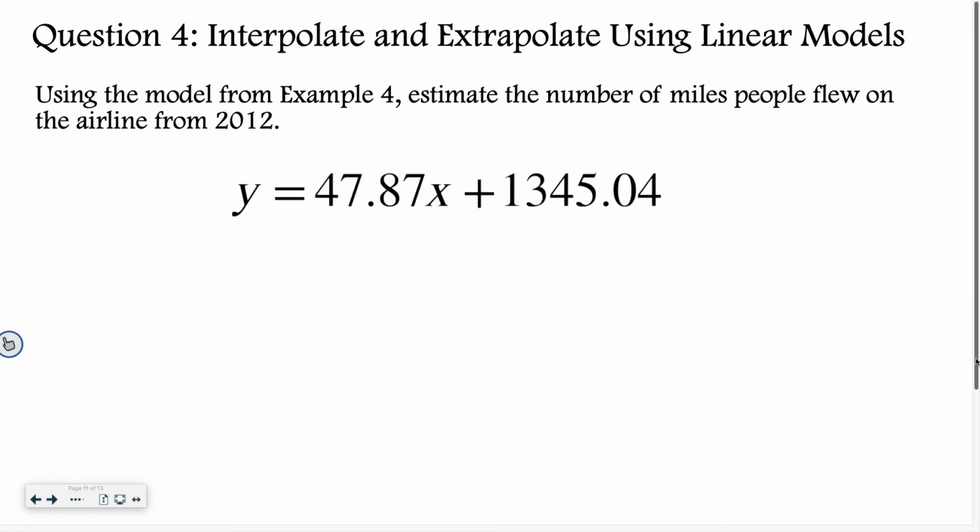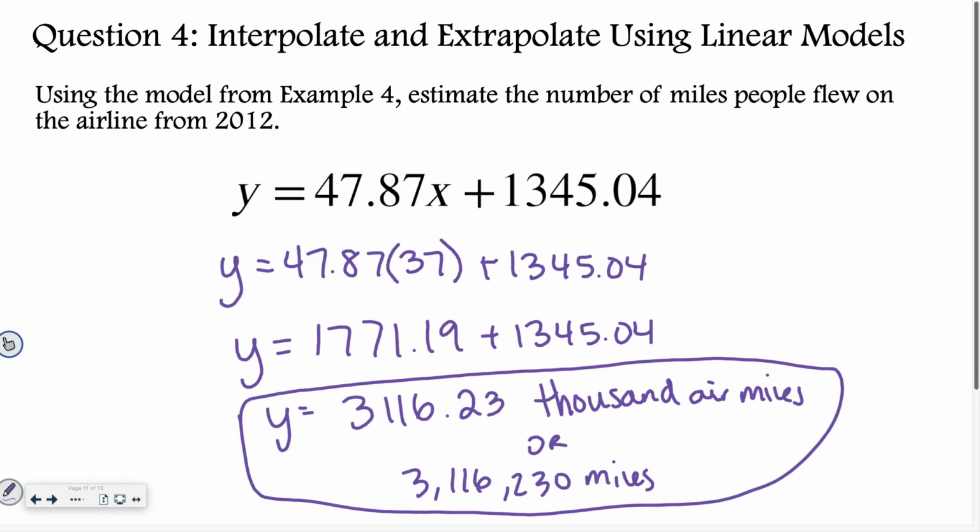Okay, so using this model, estimate the number of miles people flew on the airline from 2012. Good luck. All right, for your answer, hopefully you figured out that 2012 is 37 years after 1975. So you plugged 35 in for X, and when you did that, you got